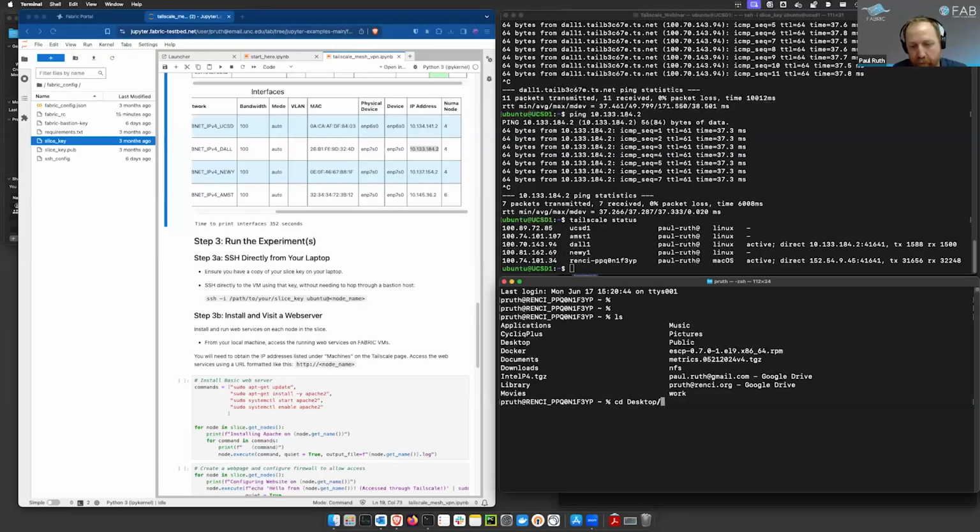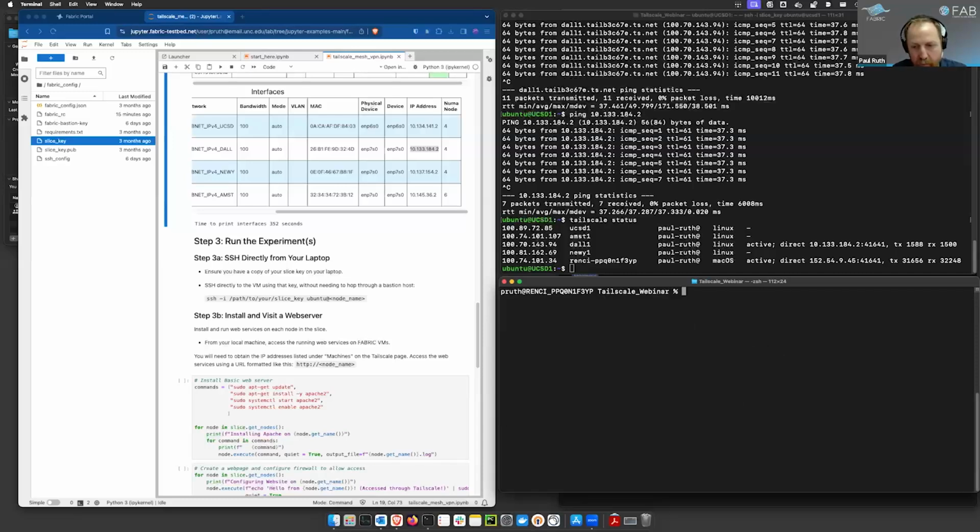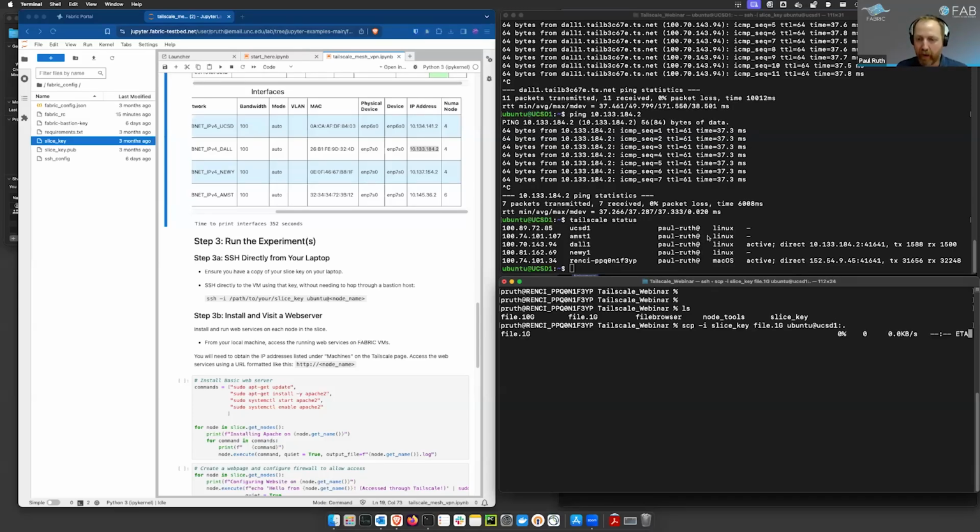So now if I go to desktop Tailscale, we can do other things. What if I wanted to not SSH the machine, but copy a file into it? I can just do secure copy -i, my slice key, my 1G file, and I can say ubuntu@UCSD1: dot, and now this will copy that file from my laptop to my UCSD machine over my Tailscale